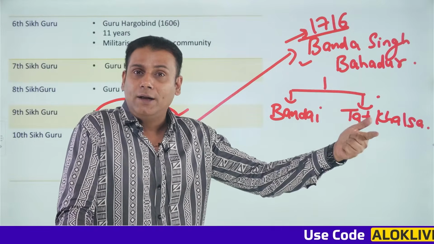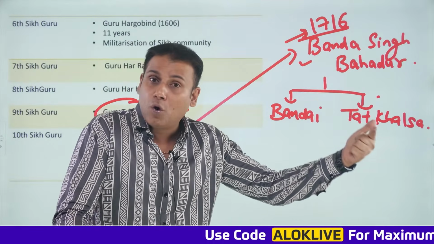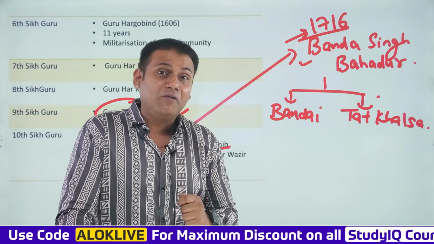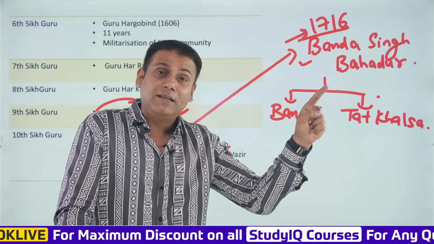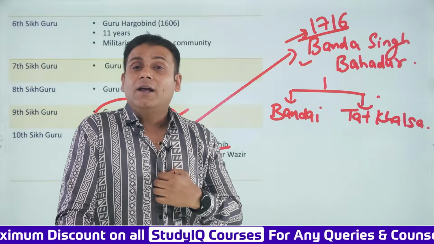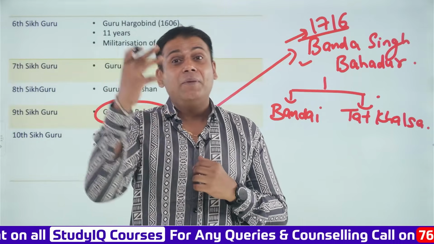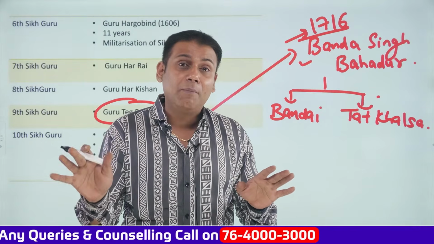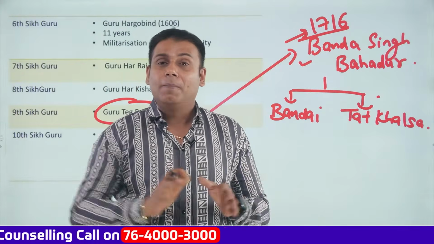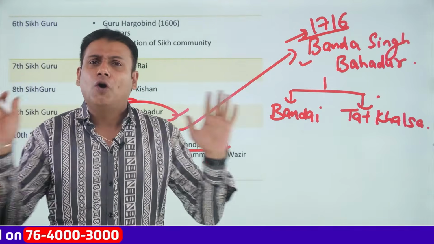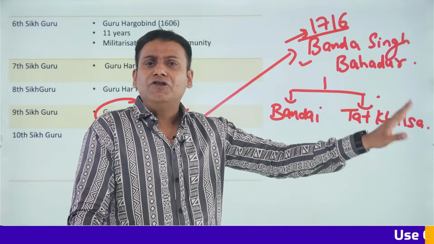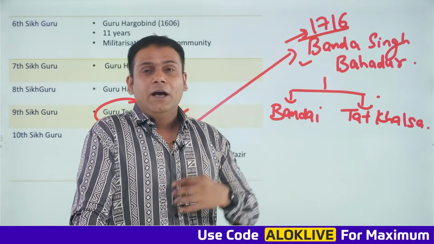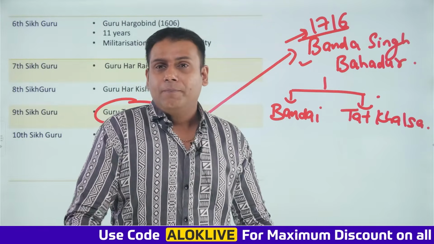After Bahadur Shah I, another important Mughal emperor was Farrukh Siyar. And he came to power in 1713. If you remember the name Farrukh Siyar, we have discussed him in the Battle of Plassey. Correct? Farrukh Siyar had given the royal farman to the English East India Company in 1717. In simple words, you need not take any permission to trade now in the region of Bengal. Okay, so the English East India Company was given complete authority. You can easily trade in the region of Bengal without taking any kind of permission from the Mughal emperor. Is that clear? So at that particular point of time,